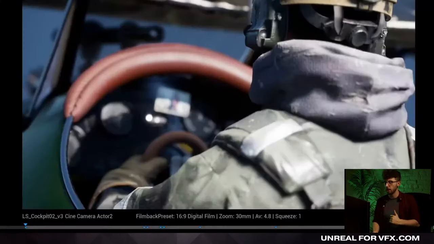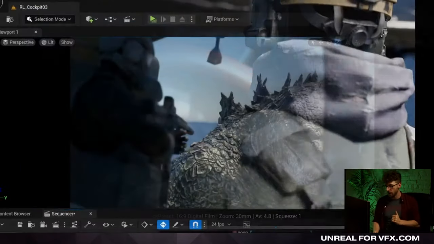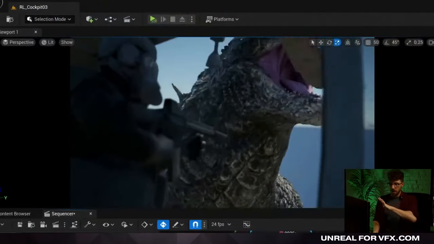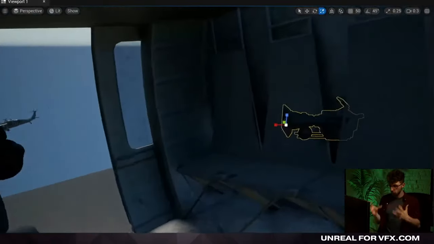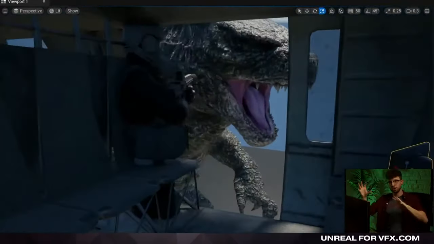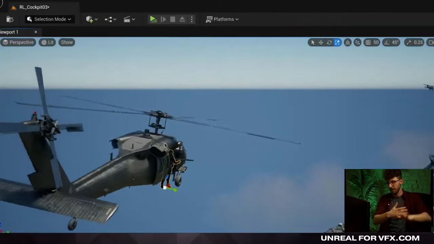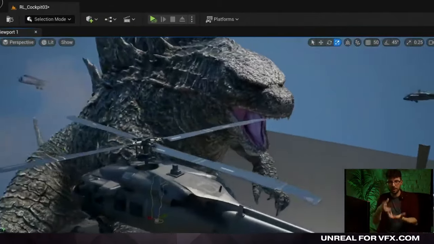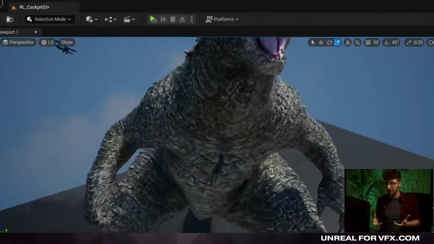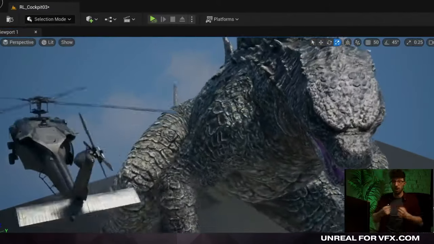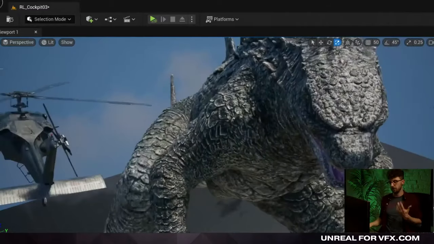So we rigged the cockpit for the actual plane there. But yeah, again, I was just trying to think like a filmmaker. If I had to shoot this scene in a helicopter swerving around Godzilla here, the pilot or the person holding the camera itself would just be there in the seat next to the gunman and shooting outside of that window. So again, we're just trying to recreate what would actually happen here.